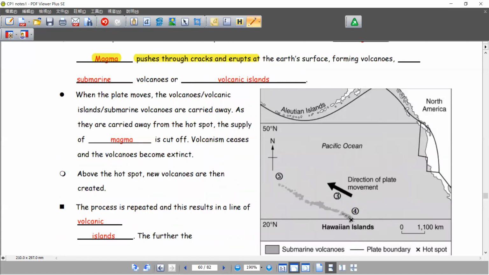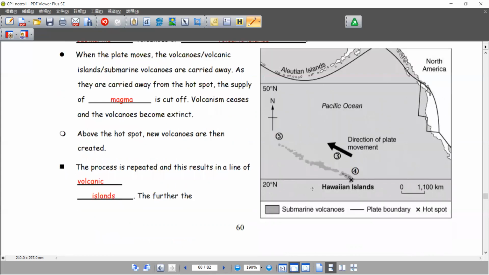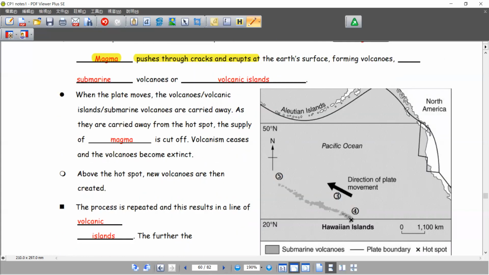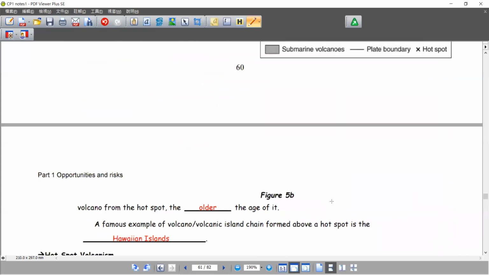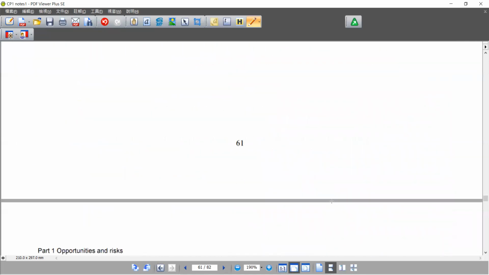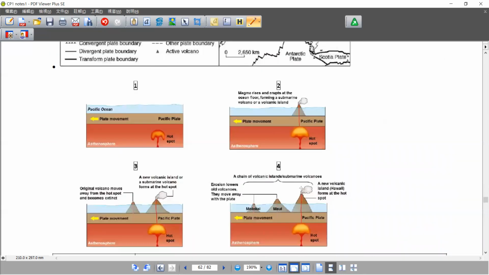Formally, by the northwest side of the Hawaiian islands, we can find a series of dormant volcanoes or even extinct volcanoes along here. It is because of the hotspot situation: the plate is moving, but the mantle plume of the mantle is not moving. So accordingly, there will be a series of volcanoes developing along the hotspot, forming a line like this. Then I'm not going to tell you one by one, just some additional information and also the